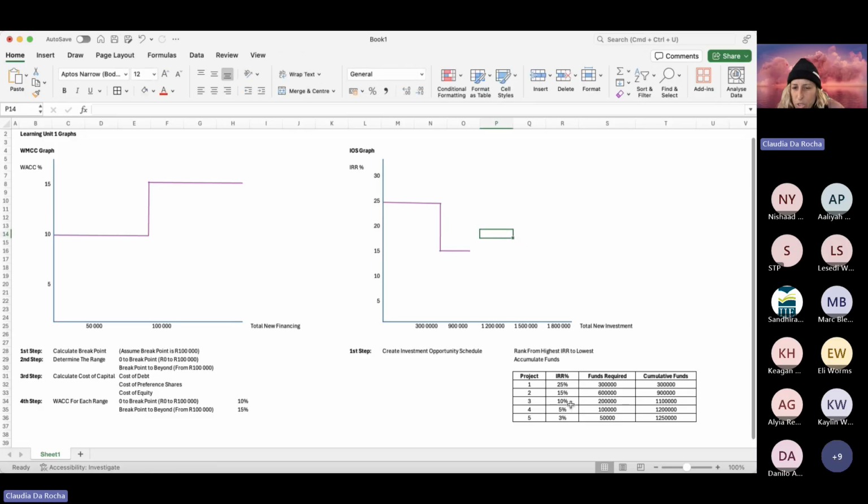I'm then going to go to the next one, which is 10%. At the 900 mark. Sorry, don't do what I did. It needs to be at the cumulative number. So I must be using these values. Let me actually just highlight that. Those are the values I must use. Okay. So it needs to be at